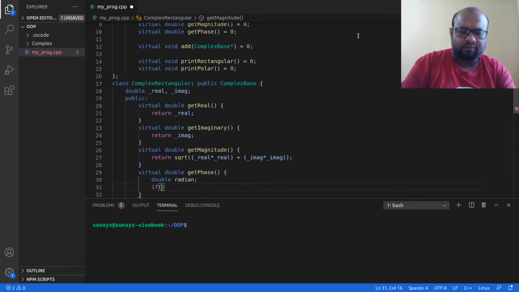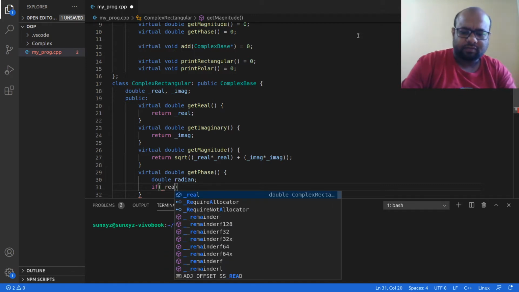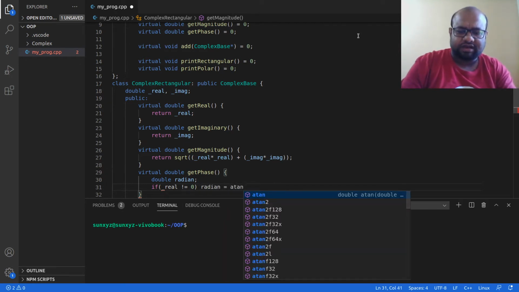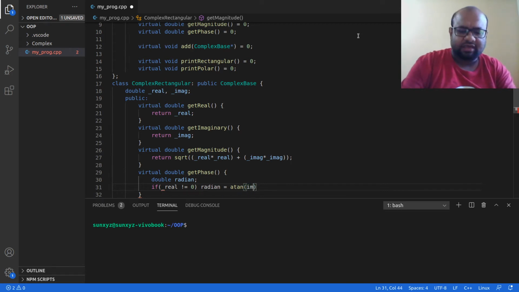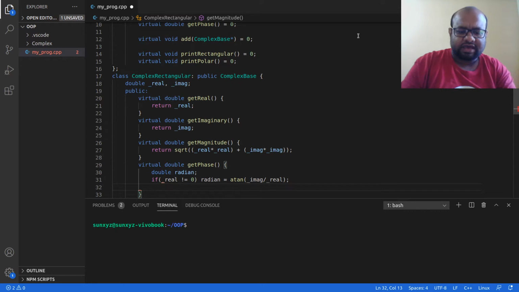If the real part is not equal to 0, then radian will be equal to tan inverse of imaginary by real. Else if real is equal to 0, then I am going to check two things.